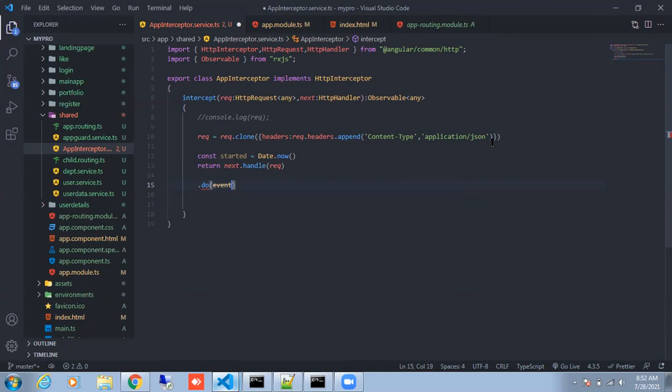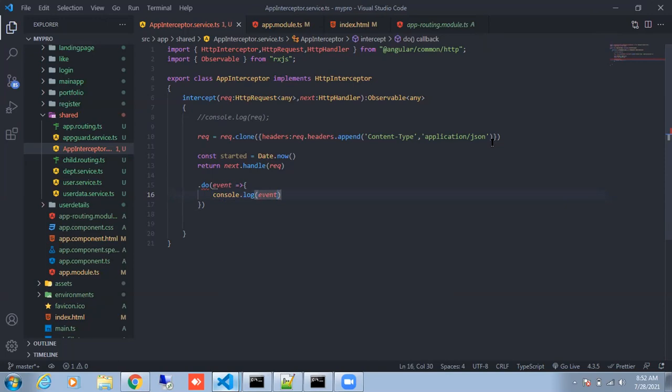Remove the array symbol, give the arrow sign and start the curly braces. Enter. Here you'll be typing console.log event.